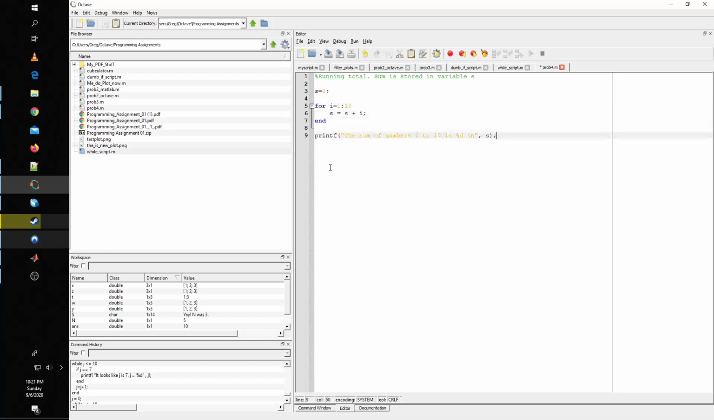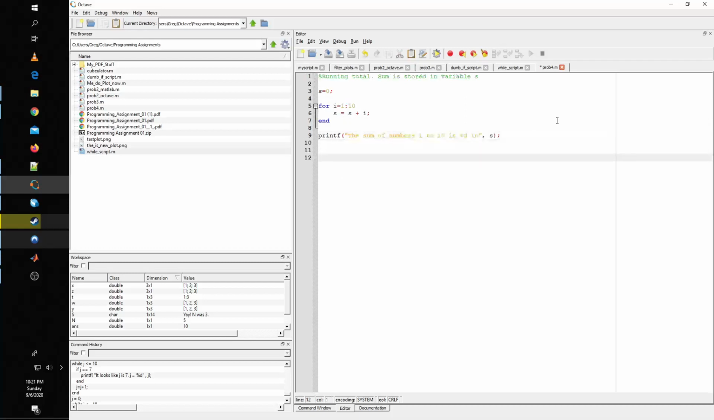Like the first time through, it's doing this. I'll type it right here. The first time through this for loop, S is 0, I is 1. So it goes S equals S plus I, but that's 0 because that's what S is, plus 1 because that's what I is. And then, of course, the result is 1. But then the next time through the for loop, it's going to go S equals S, which is 1 from last time,